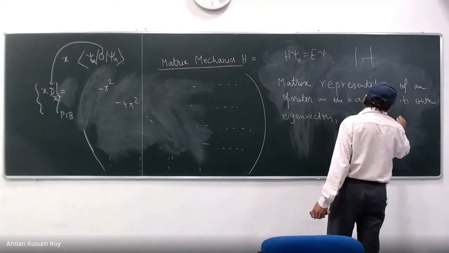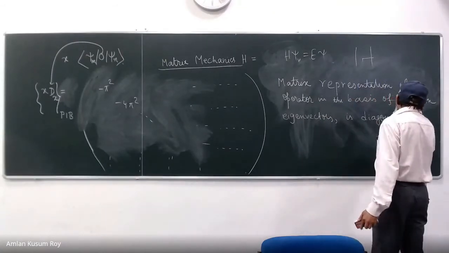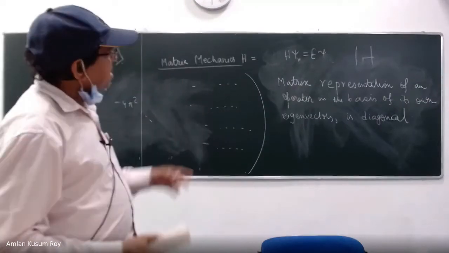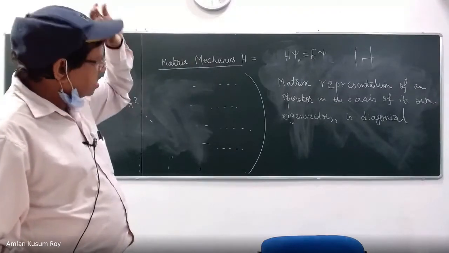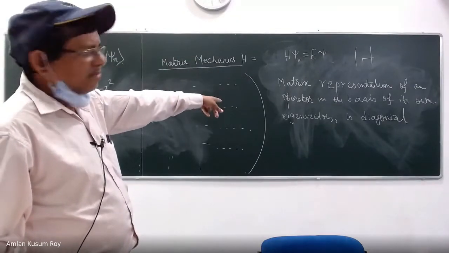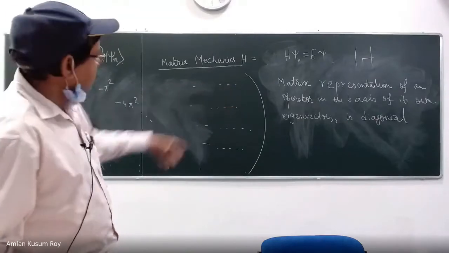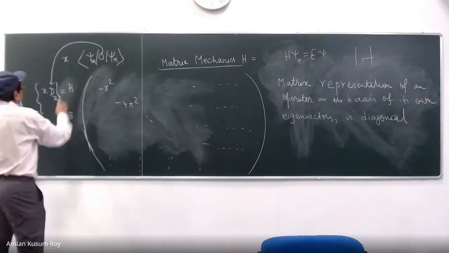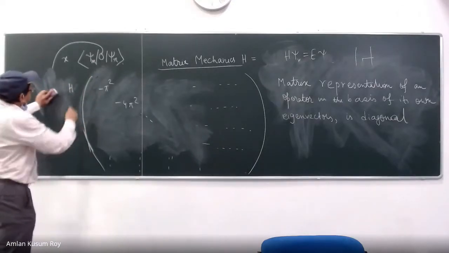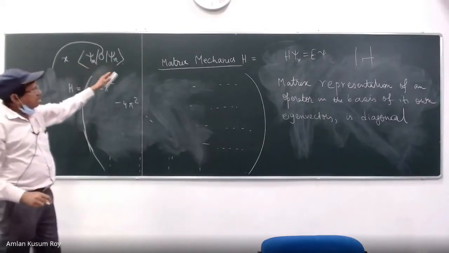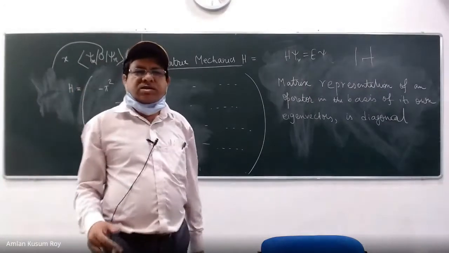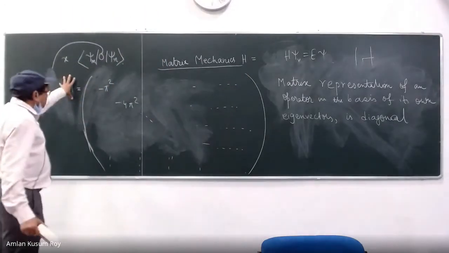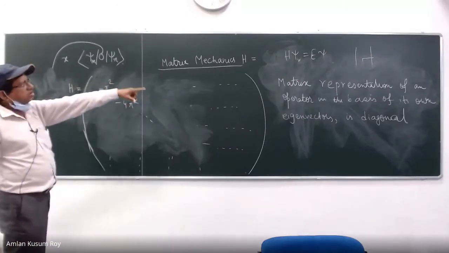This is a remarkable, very diagonal. It has numerous consequences, so understand this carefully. What it says: matrix representation of an operator in the basis of its own eigenvectors. Very simple statement, but you have to think. That is what I saw when I wrote H, I got a diagonal matrix. You have verified, in this basis, I got a diagonal matrix, right? What does it mean? This is exactly what is meant by this statement. Matrix representation of an operator H in the basis of its own eigenvectors.